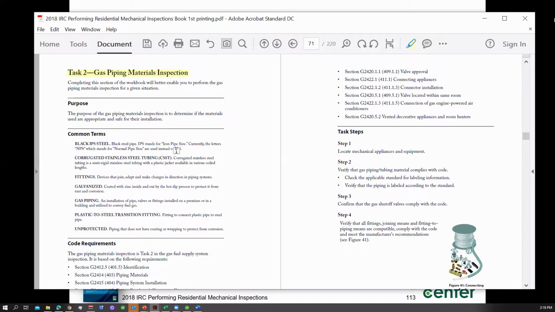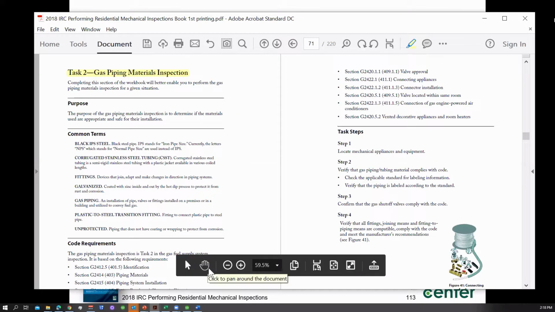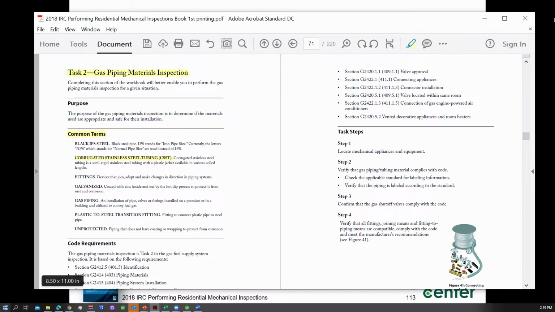Can I make my own materials for gas piping? Can I, in my garage, maybe take some wood dowels and drill a hole in them and call it gas piping? No, it wouldn't be a good idea. You have some common terms here, like corrugated stainless steel tubing. It's a manufactured product, ladies and gentlemen. It's proprietary. It has its own fittings that are manufactured for the tubing. It looks like a corrugated appliance connector, but it's actually an approved tubing for conveying natural gas